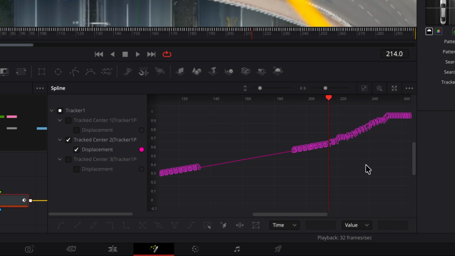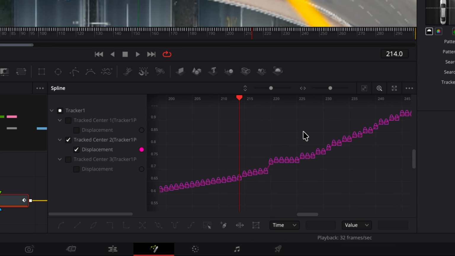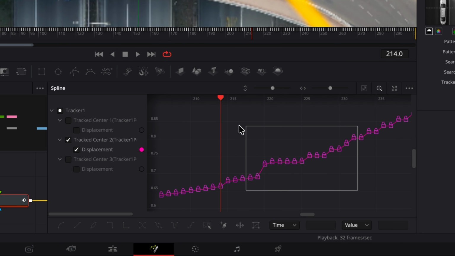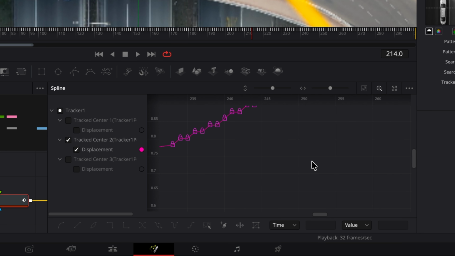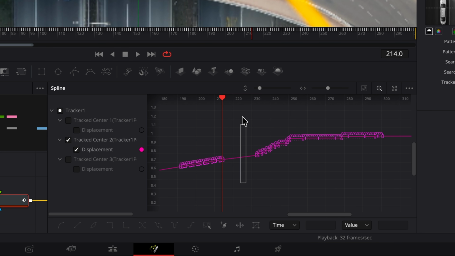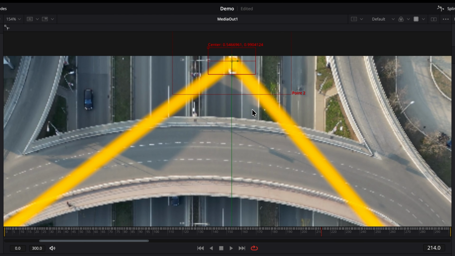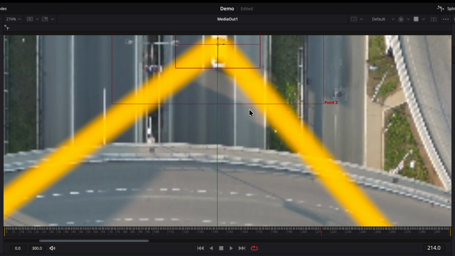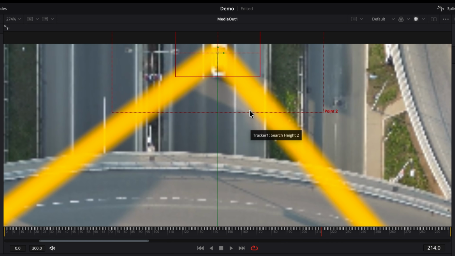Back to the Spline editor. Zoom in. Select and delete the bad points to the right of the playhead. The tracking path can be continued by adding points manually, or the Spline editor can be used to do it for us. In some situations, you'll have to do it manually, so I'll show you how to do it that